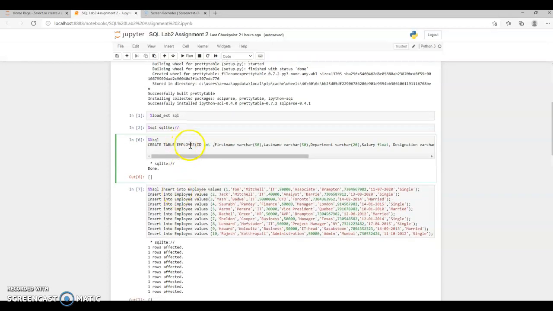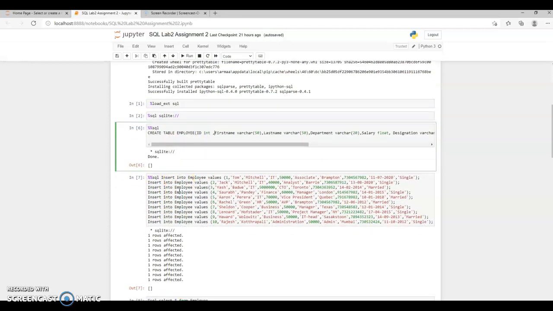Once the table is created, we need to insert the values. So over here I have used insert into values 1, 2, Tom, the first name is Tom, second name is Mitchell, the department, and so on.